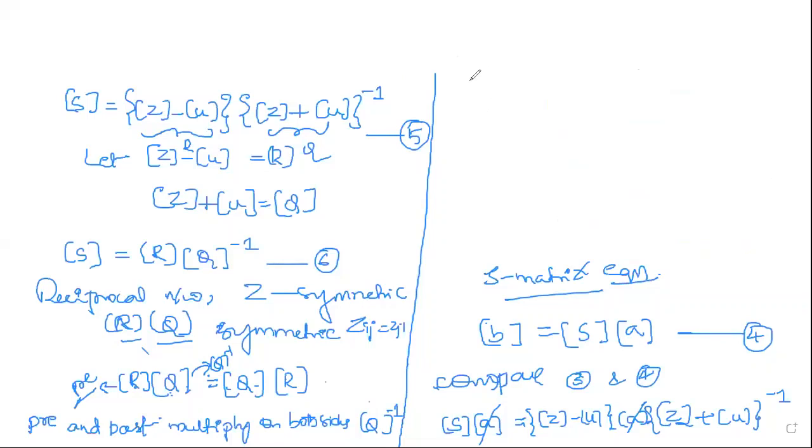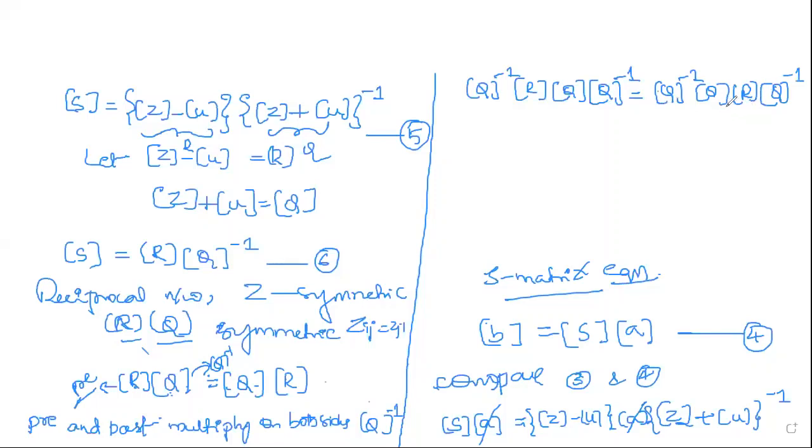So the equation will be: pre-multiply by Q inverse, along with your R matrix, along with your Q matrix. Again, you have to post-multiply by Q inverse, which is also equal to the term. Again, here also you have to pre-multiply with Q inverse into Q. Again, post-multiply Q inverse on both sides. Now you need to simplify this.